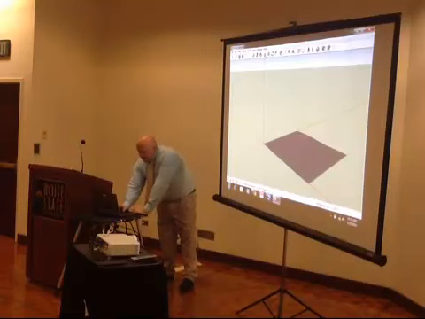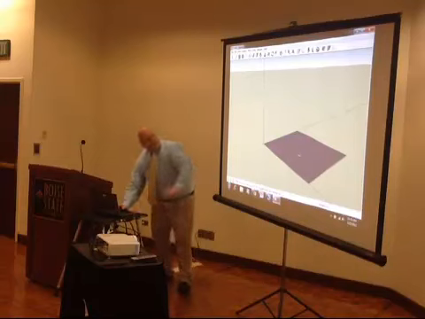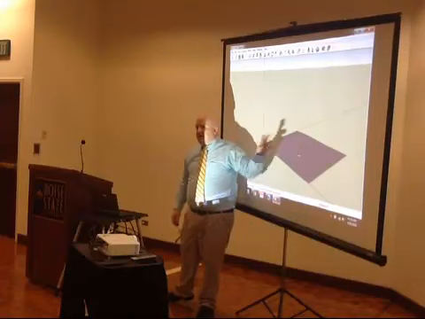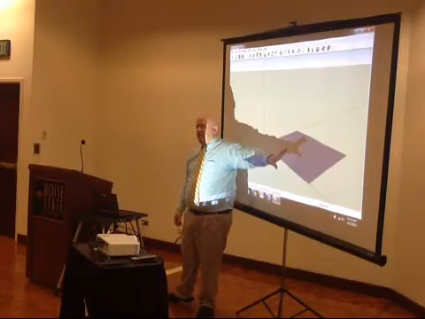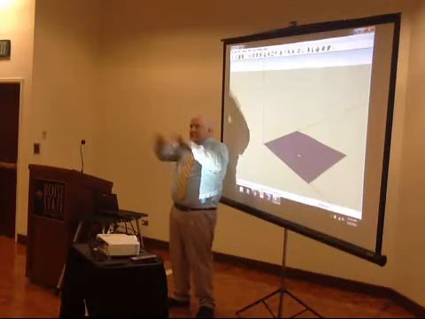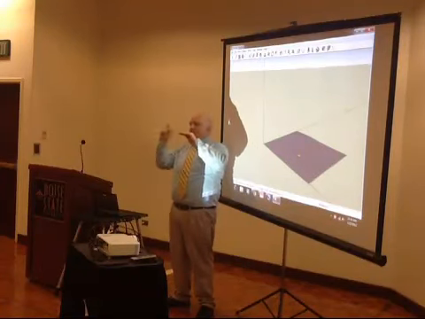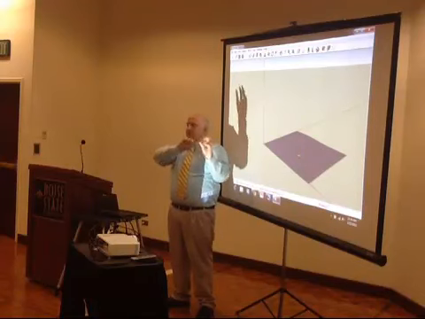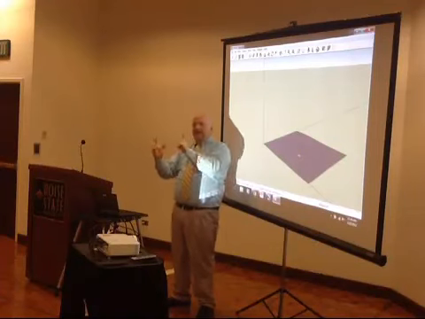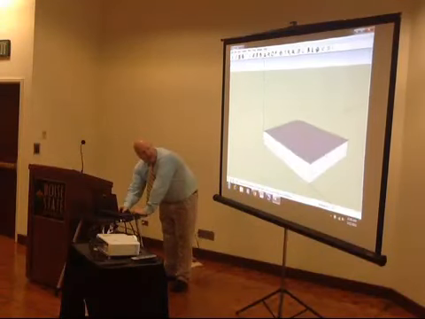And if I select the push-pull tool, that's a nice little tongue twister, and move down, as I'm floating over the top, you'll see that there is a dotted line, kind of a grid, that goes over the top of the shape that I just drew. That's SketchUp's way of telling you that if you do something right now, this is the part that's going to be affected. And as we get more complex shapes, you'll see that as we rotate around, that little grid will pop onto various parts of the drawing. That's just the way of saying that here's where I'm paying attention right now. So if we click and drag up,